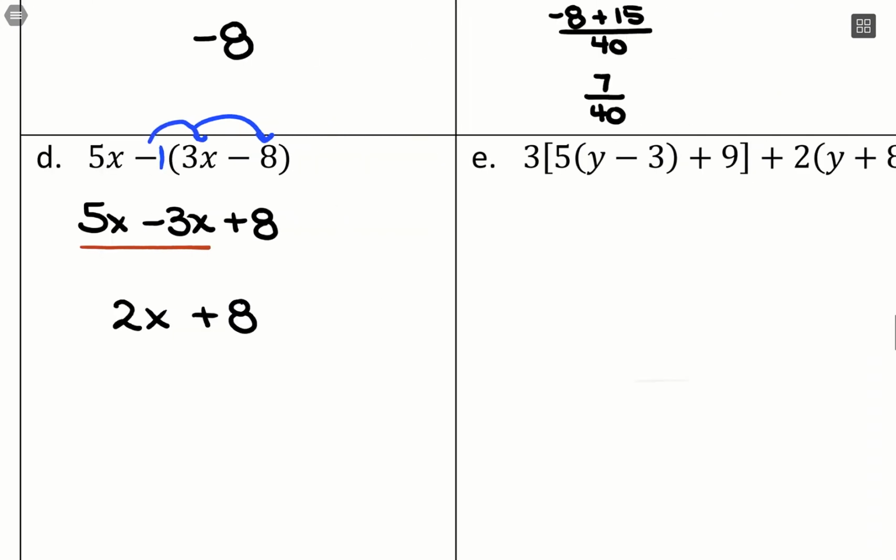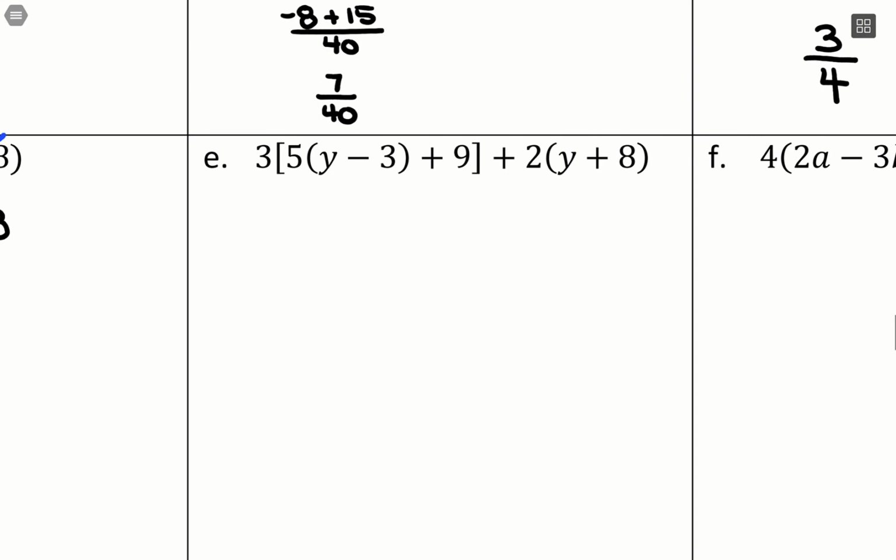All right. Now with this one, we have many different layers to our parentheses. With these brackets, these are just kind of outside parentheses. So what we want to do is simplify inside. So what we're going to start with is let's go ahead and distribute that 5 and just start simplifying what's inside the brackets there. So we have 3 and then bracket 5 times y, 5 times -3, and then plus